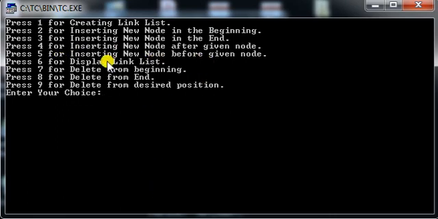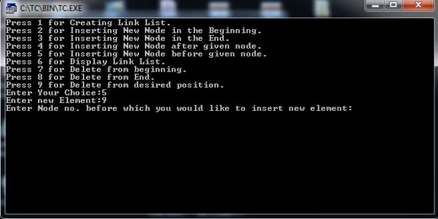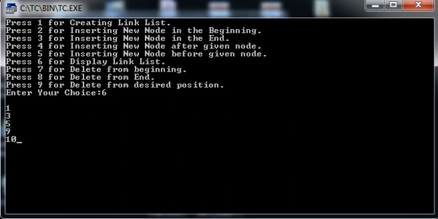For that, menu 5, element to be inserted is 9 and before 4th position. So as you can see, 9 has been inserted before 4th position. Initially on the 4th position we are having 10, right? So as you can see, all the earlier menus are working properly.